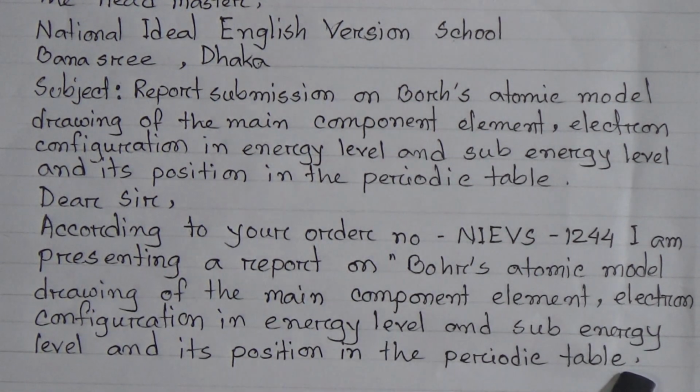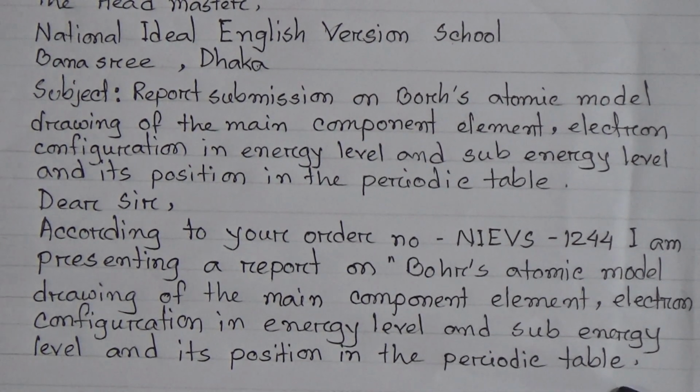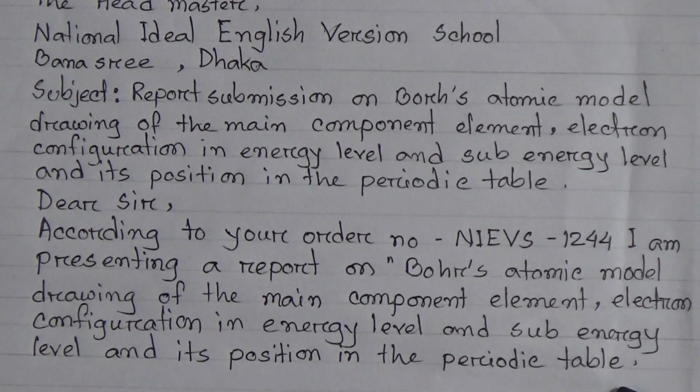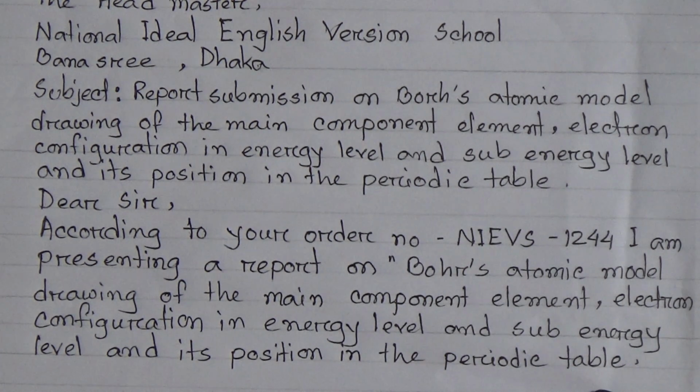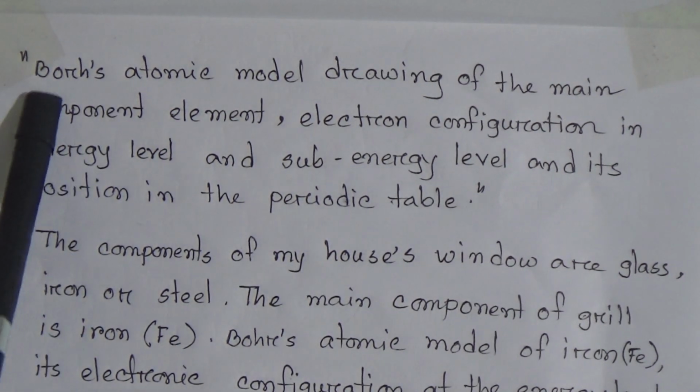Dear students, in our window there are various types of components. The grill is made of iron and the glass is made of silicon. If you have a window of thigh glass, that is made of aluminum. There are also various types like steel, aluminum, and zinc, which is also used as the covering of the metal. Now come to the next part of the assignment.